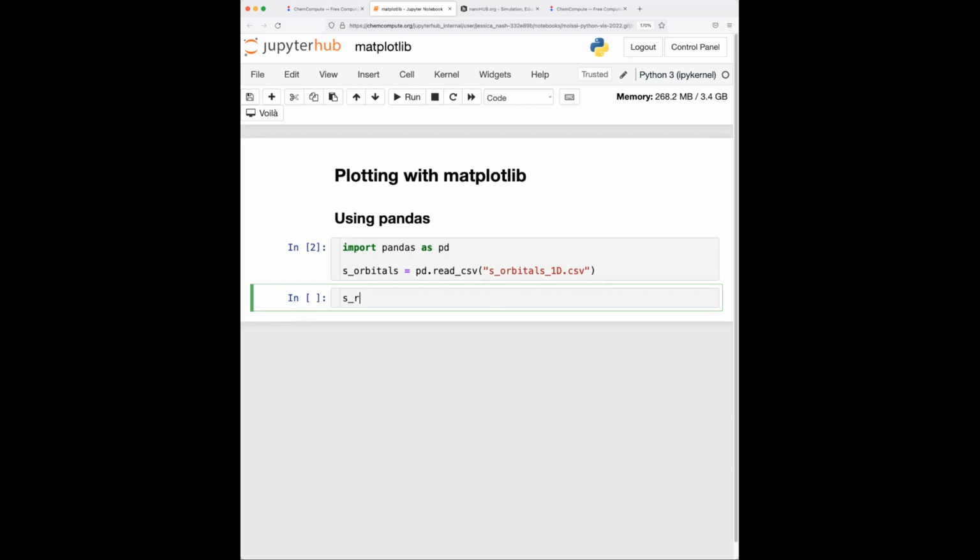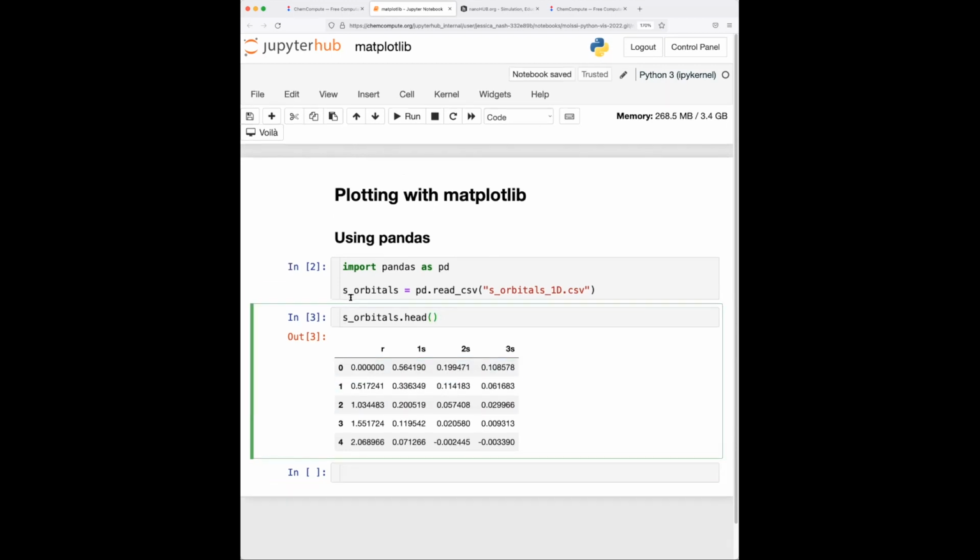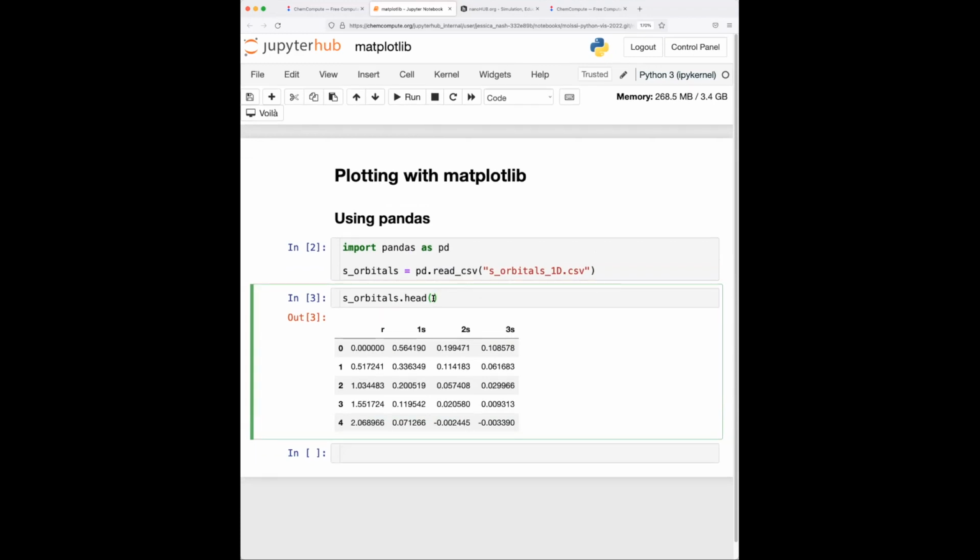And if you want to take a look at what we have, you can use this sorbitals dot head function. So this is going to show me the first 5 rows of my data. This is a little bit of a pandas intro in case you haven't used pandas before, but this is what we get when we use this read_csv function. Right here, this is called a data frame, and when I do dot head, it's showing me the first 5 rows. But the read_csv function has read the information from that file into basically a table,